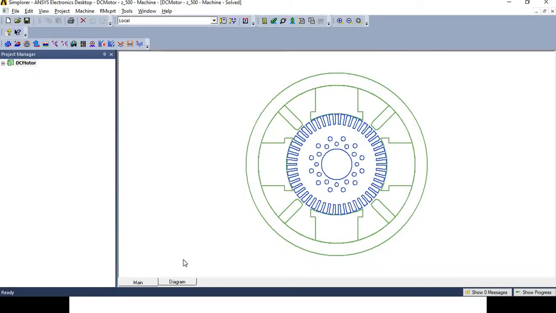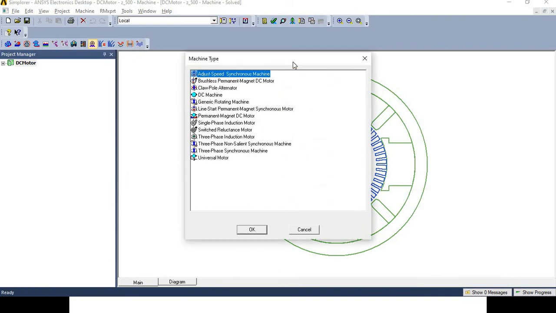So we know that whenever we open the ANSYS Maxwell RMXpert design, then the first step is insert RMXpert design. So here the insert RMXpert design symbol is given. When you click on that, then you will get an idea about the different types of machines or motors which you can design with the help of this ANSYS Maxwell RMXpert tool. So what are those types of machines?